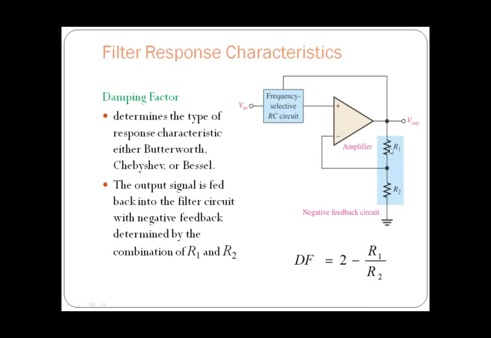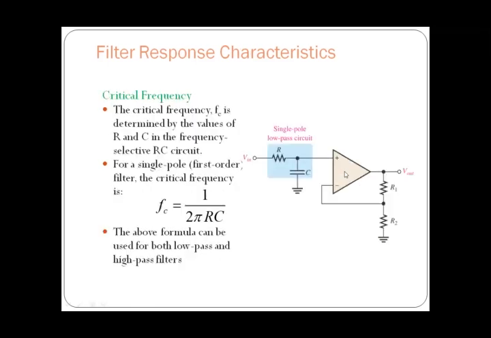So here we are going to consider just this as R1 and R2. There is no difference, the circuit is the same, but here we are going to consider R1 and R2 instead of RF and R1, that is the only difference. So the critical frequency, and the filter response characteristics you can see. So when we are going to consider